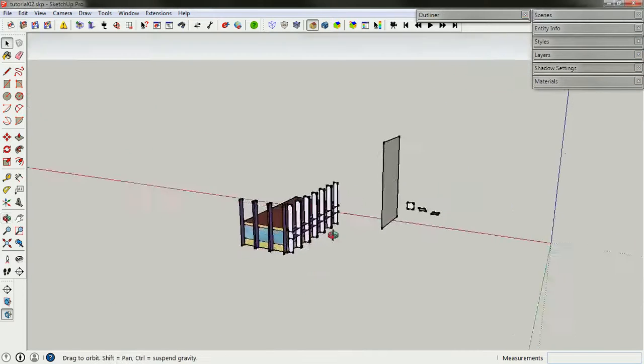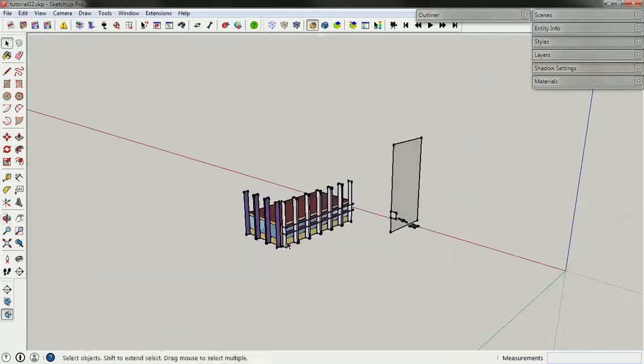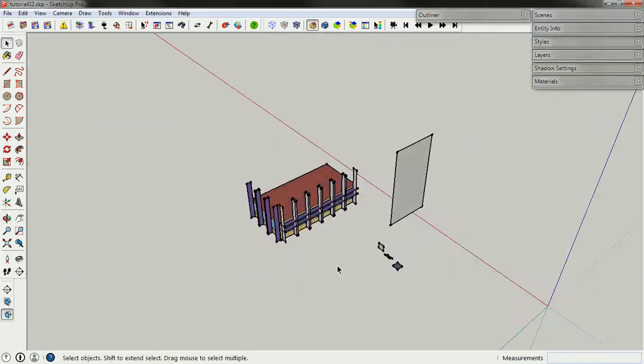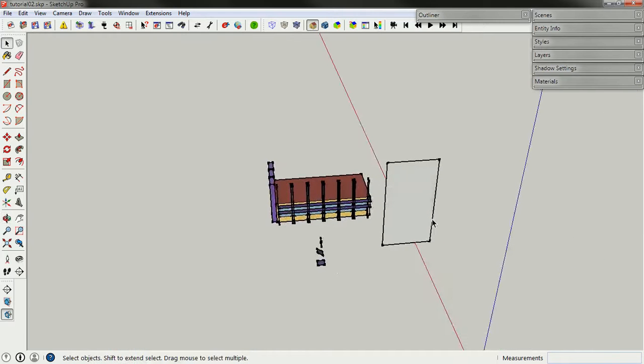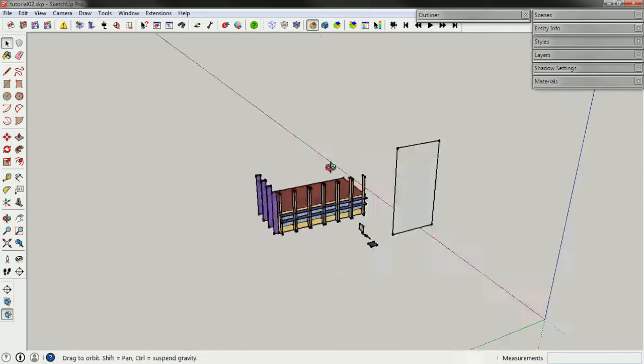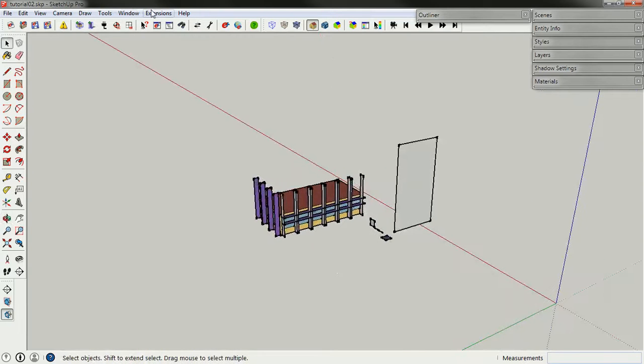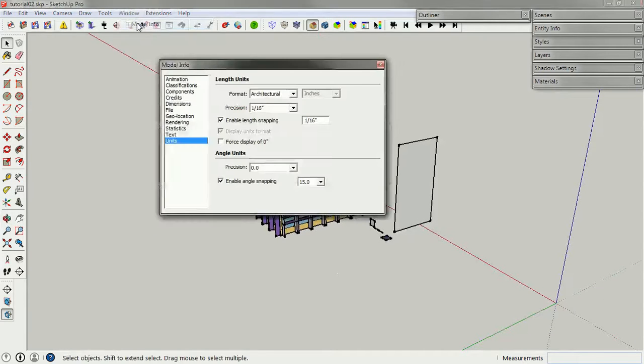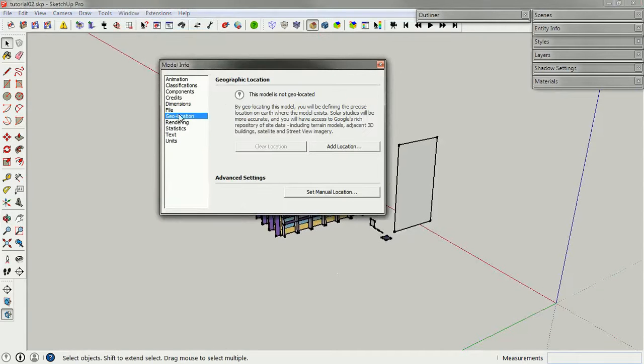Excellent. So everything appears to be there. Now let me show you one of the reasons why I want you to do this in SketchUp. SketchUp comes with a very cool tool, which is Geolocation. I can locate this geometry in the world by going to Window, Model Info, Geolocation, Add Location, and then a